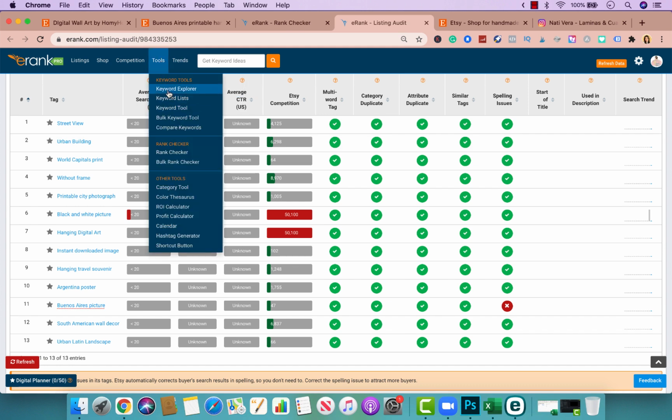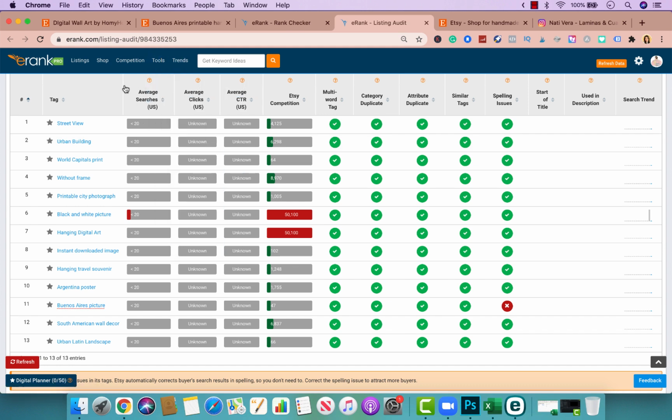And I recommend using Keyword Explorer, because you could just type in each keyword. It's going to give you the data for it, and it's going to tell you how many people search for it monthly, what is the competition. I usually stick within 30,000 or less for competition, and at least 500 or more for volume of search every month. Now, if you have some keywords that have like 200 monthly search volume or 100, that's better than less